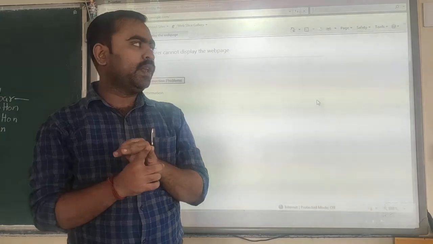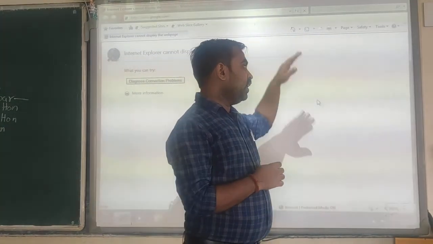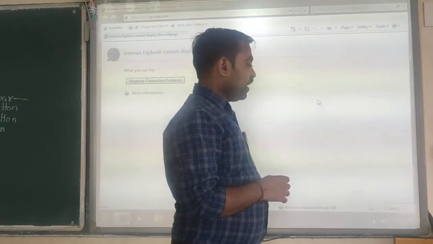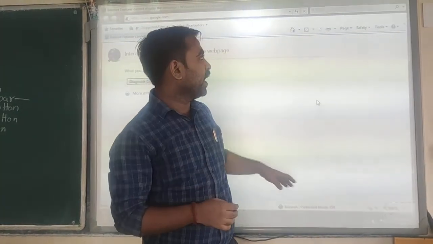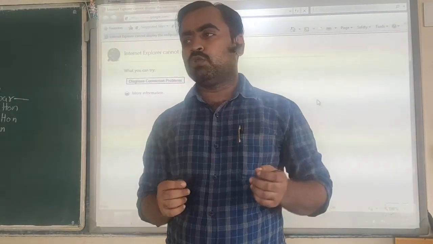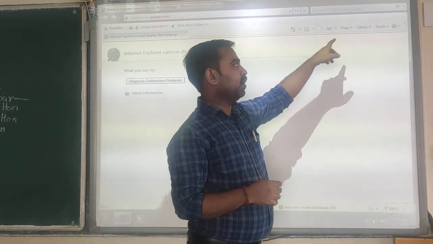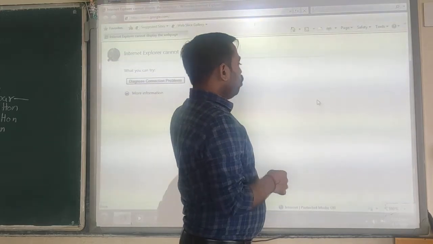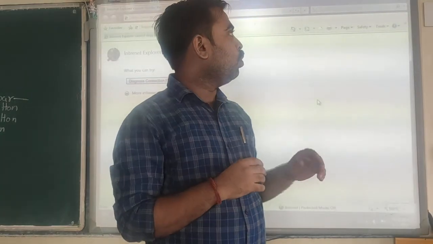The minimize button, when you click on it, minimizes and hides the program window to the taskbar. To maximize, clicking on the maximize button will fit the program window to the whole screen.